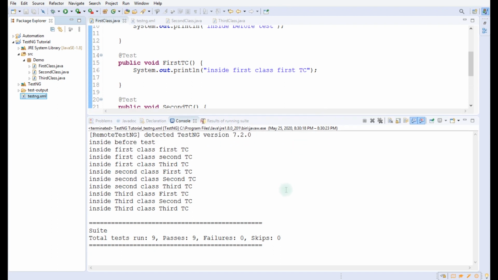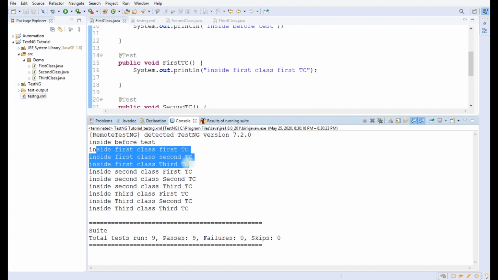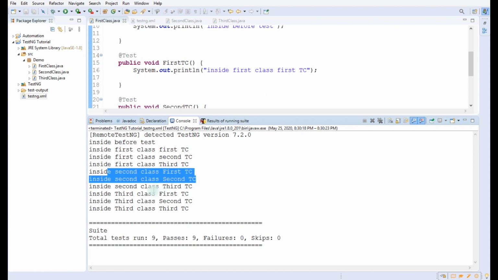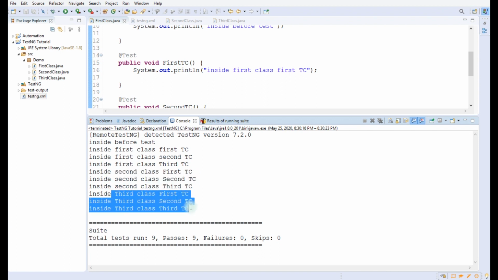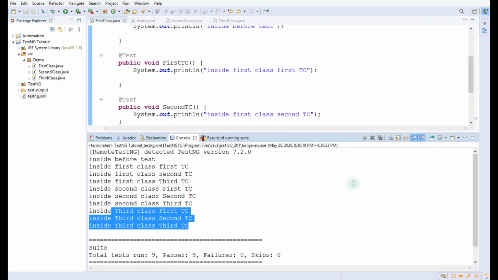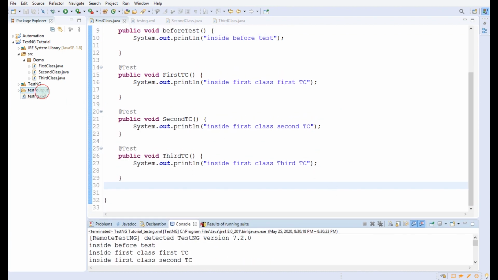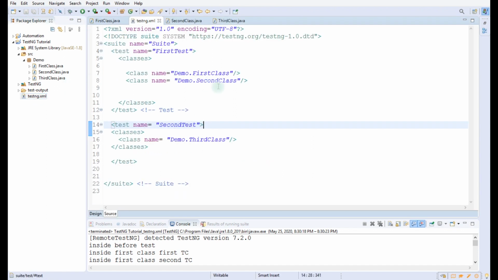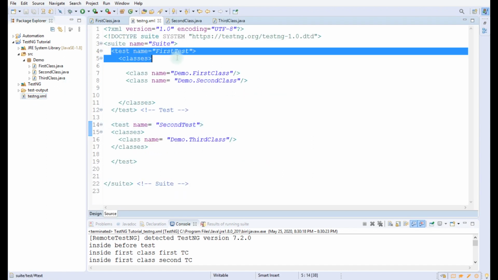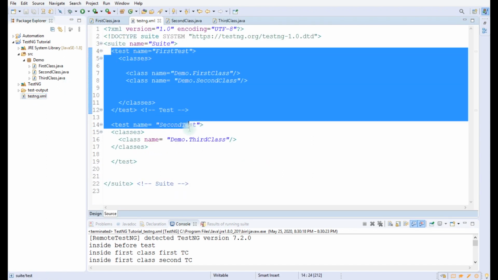As you can see in the console output, first of all it has printed before test, and after that it has executed the test cases for the first class, then the second class test cases, and after that the third class test cases. Right, so it means the before test method will be executed before the test in which the before test is written.